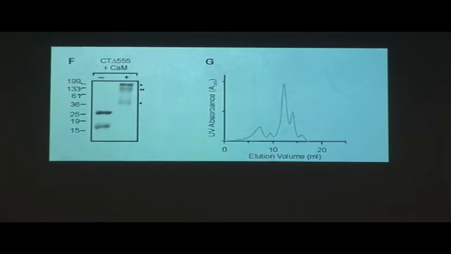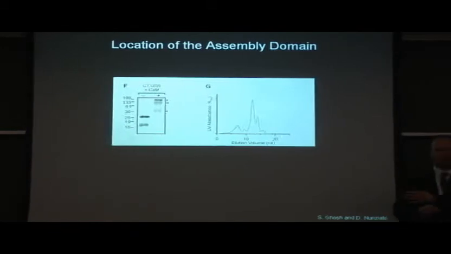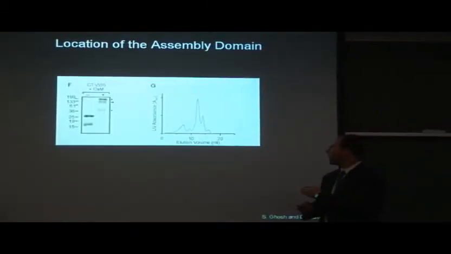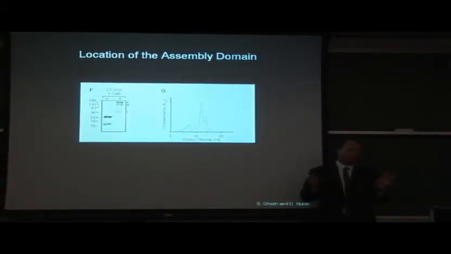In other words, one calmodulin, one C-terminus, a dimer, or two calmodulins, two C-termini, and then a tetramer, 4 calmodulins and 4 C-termini. And we run this over a gel filtration column. We see a little bit of aggregated material, but now we see 2 peaks, one that corresponds to a molecular weight consistent with the tetramer, and one that corresponds with the molecular weight of the dimer. So it suggests that the domain that was previously identified as important for assembly is, as Dan Roden suggests, important for trafficking, because when we remove it, we can still see assembly. So it's still in the C-terminus, but it's just in a slightly different region.